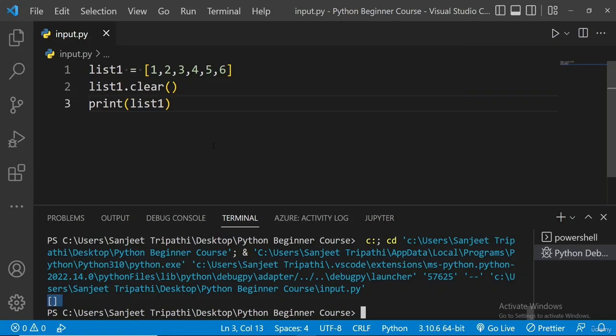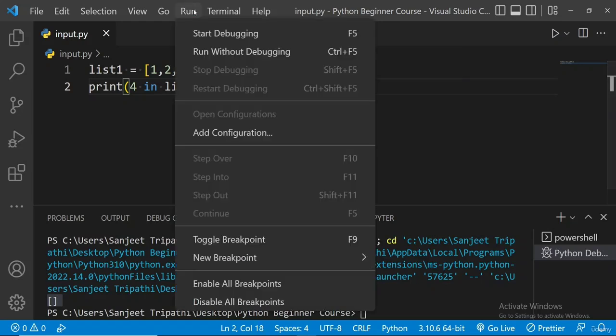So now in our list in Python, this is all done. What if I want to find whether a particular element is in my list or not? To do so, I have to simply write an English statement. As I have already told you, Python is a very simple language. It can be used like simple English. So if I want to know whether an element having value 4 is in my list or not, all I have to do is write 4 in list1. I have to use the keyword called in. 4 in list1. I'll run the program